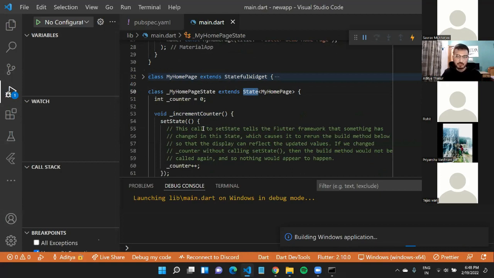State, very simply put, is like data, or your user interface is a function of this state. So if your app is connected to the internet, there should be certain UI that is shown. If it's not connected, then there is a different UI that you need to show. And based on whether you have that data or that state or not, this UI should